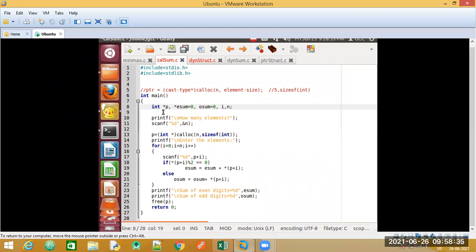Look at the pointer variable p: you are initializing p to hold dynamic memory. This will be called a dangling pointer, a pointer which is not pointing to anything, not to a function and not to a variable. So this declaration will be wrong.